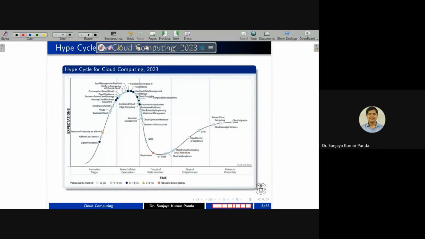The reason for showing this particular hype cycle is that when we start our career in a particular technology, we should look into the Gartner hype cycle. If a technology is mature and there is no scope for improvement, obviously nobody is going to use that particular technology. But if a technology is expected to reach its peak in 3 to 5 years, or sustain in the market for 10 years, so if we can contribute by research or development,